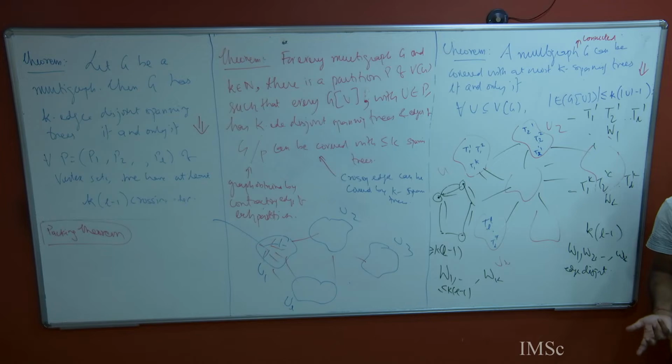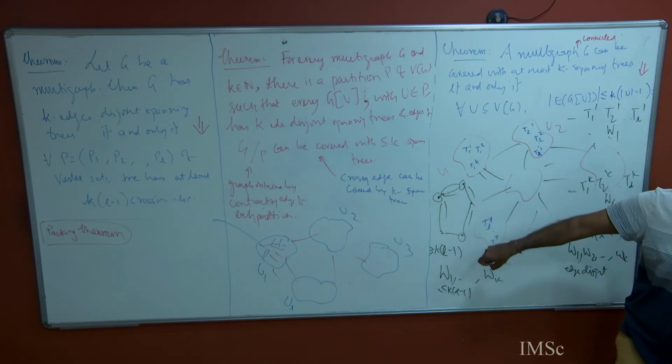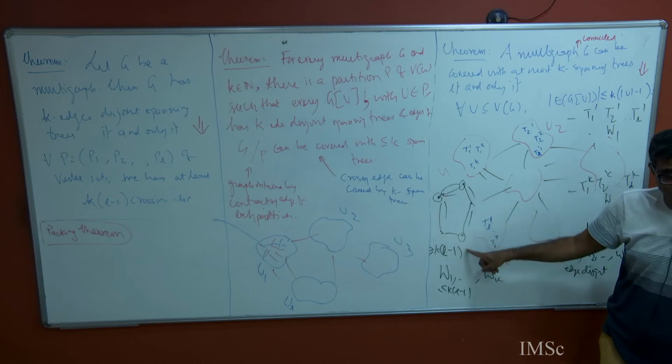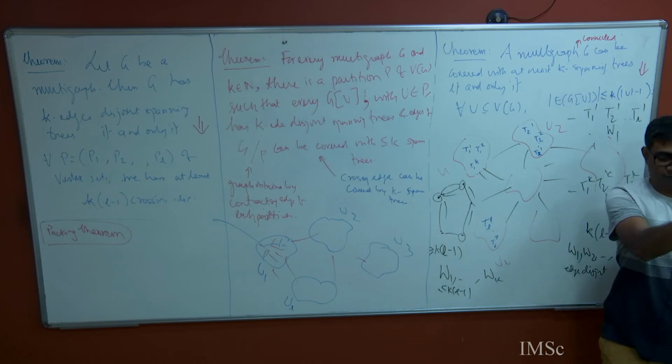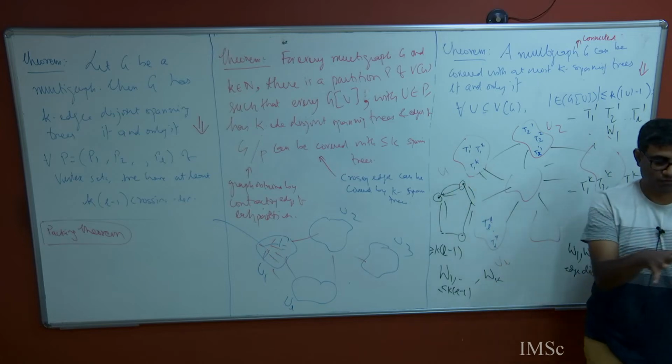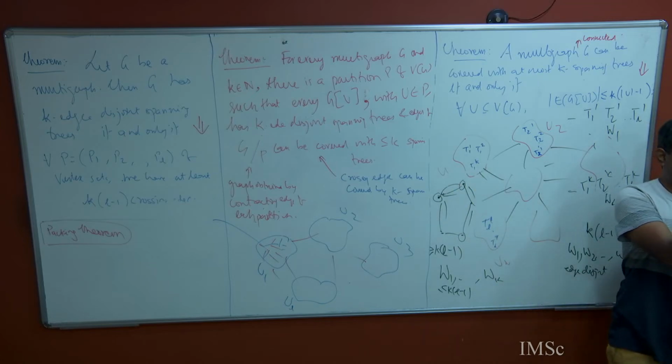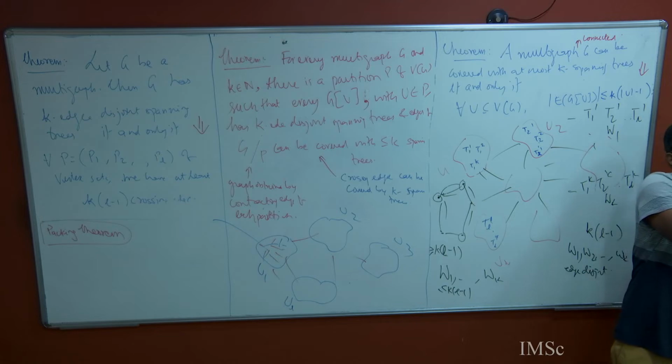Now why are they forming a spanning tree? That is because you look at the clubbed graph. Look at W1, which is a spanning tree here. Now replace this big vertex with T1, a spanning tree, which still works because some edge will be connected to some vertex here, no? That's it.